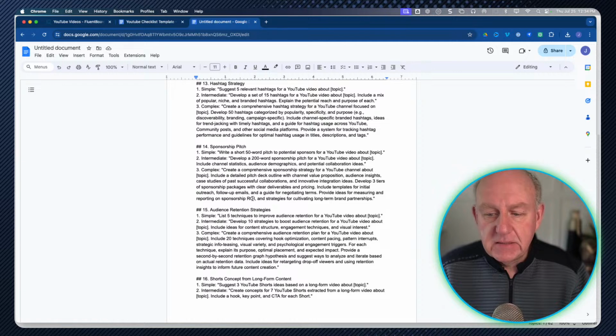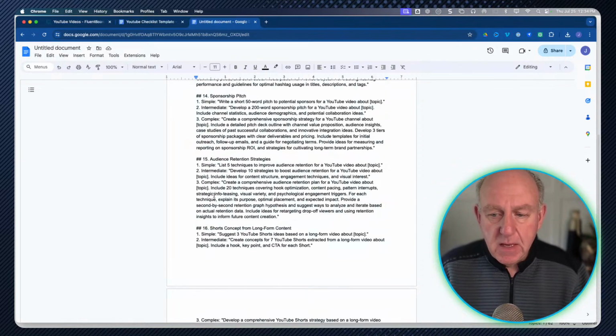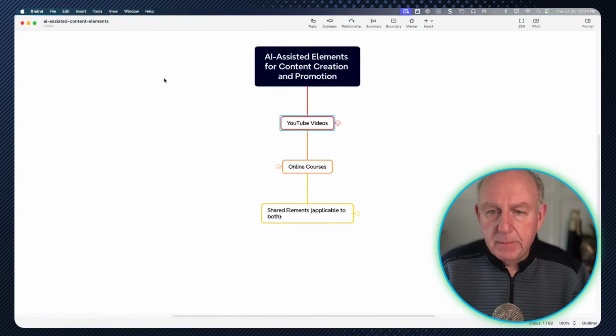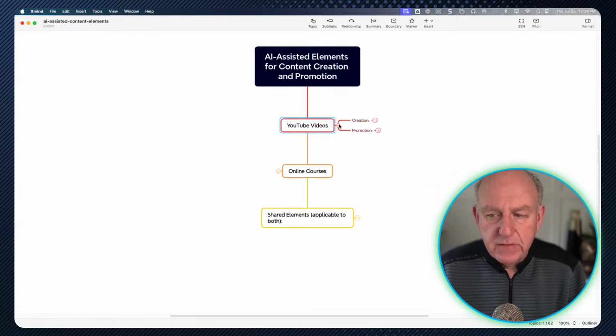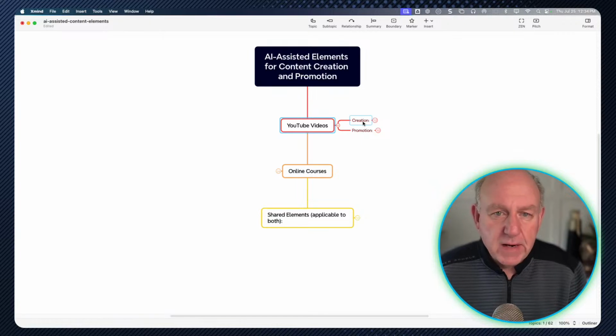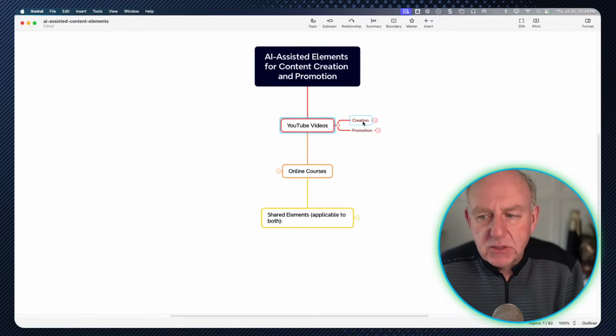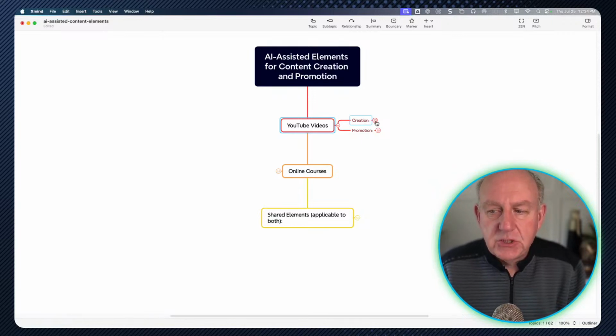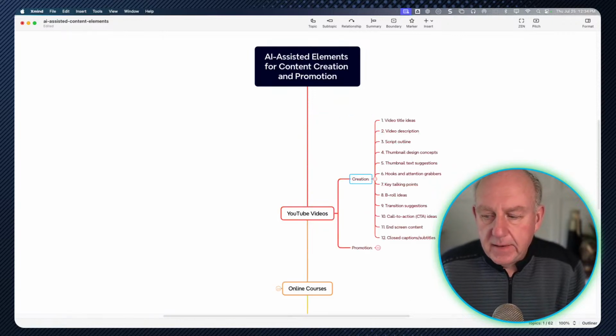And again, I have a list of these. They're all available in the downloads, but there's a whole list of them here, and I put them together in a map as well, so that you can see where these all fit in. So if it's a YouTube video, it's broken in. There's a third one. I did no research. I'm assuming that you've actually done some research, but if you're looking at creation, it identified 12 prompts here.